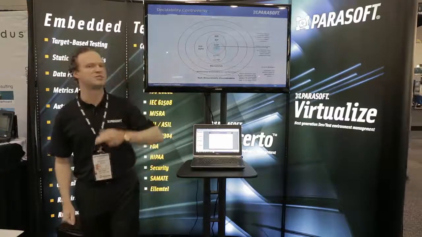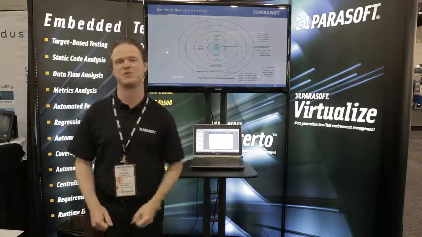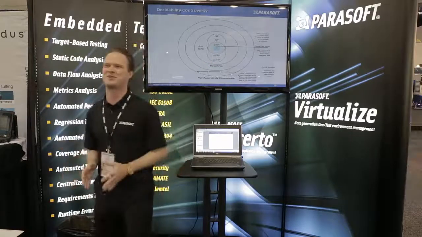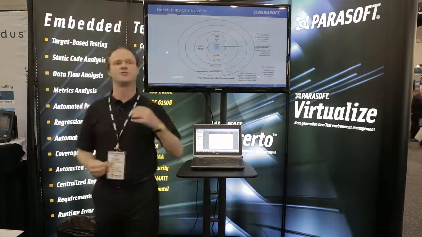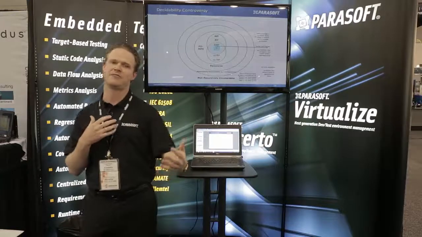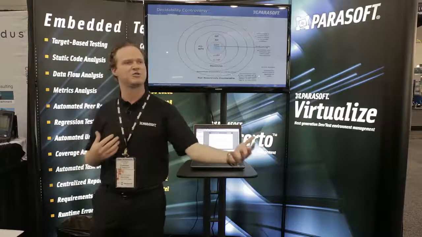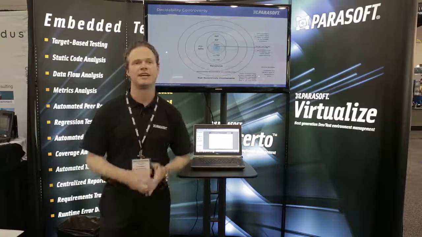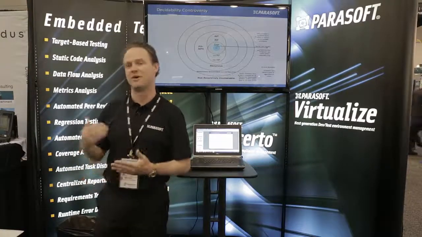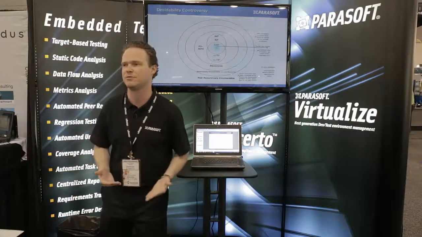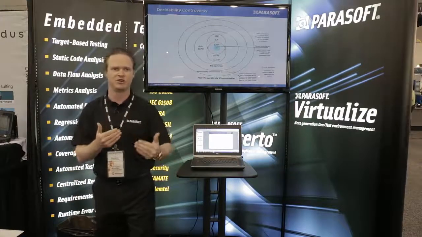Okay, so let's get into decidability. I call this controversial partially for marketing reasons and partially because it introduces a controversy at the user end. From my perspective, as a vendor dealing with customers, if I say that I'm now supporting an undecidable rule, that I can find instances with my static analysis tool of something that's undecidable, that's going to cause them to have a little bit of an argument with me.